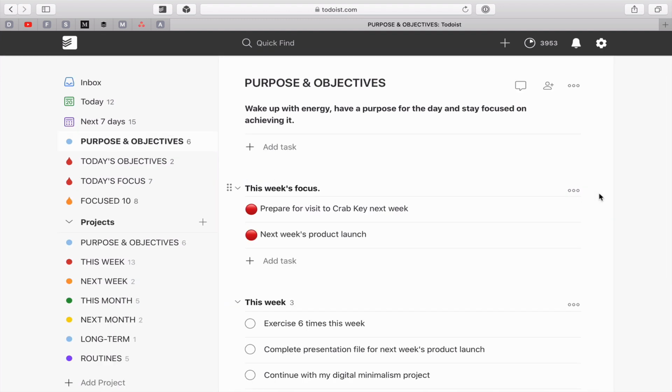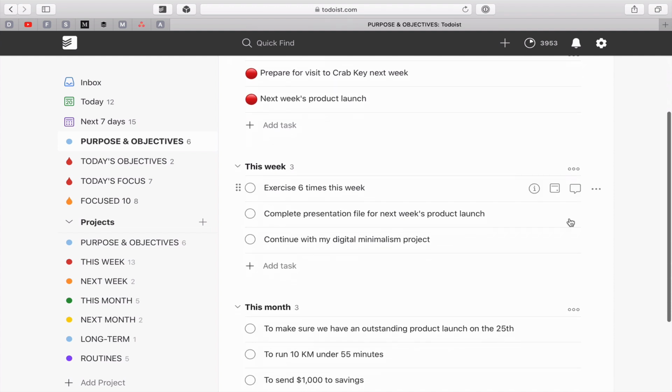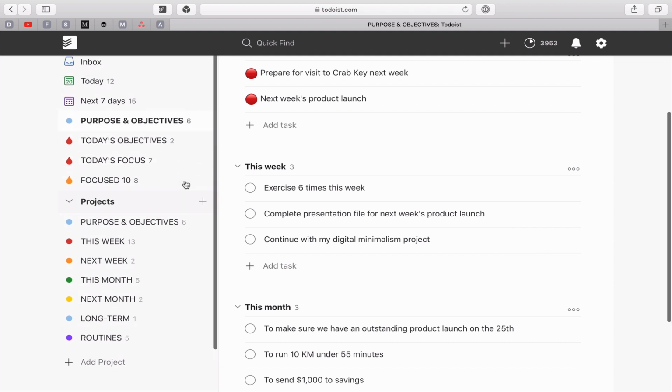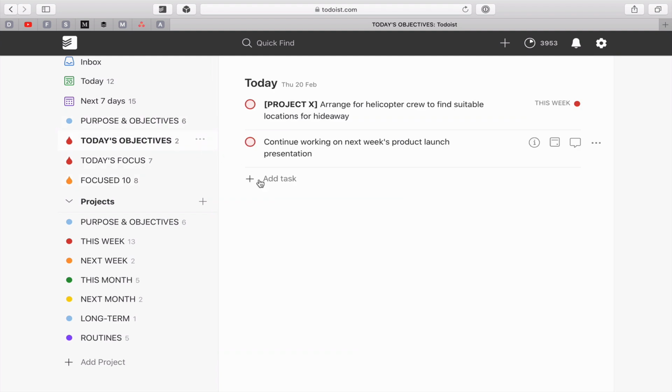Just to keep me focused, particularly in the morning. I like to go in here just to remind myself, and particularly in this area here, I'm making sure that I'm hitting those objectives. Of course, with my new organization structure, and this is another question I've had, what's happened to my objectives and my focus? Well, the answer to that is nothing, because